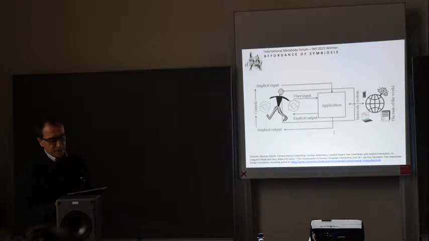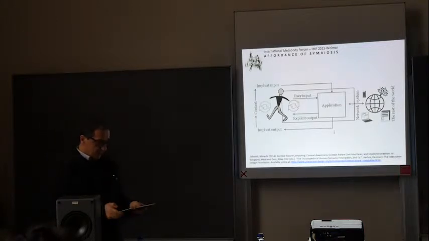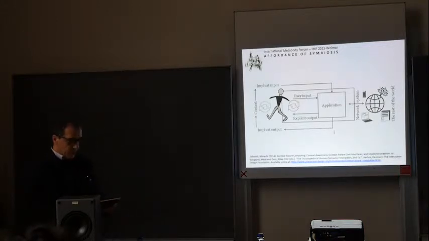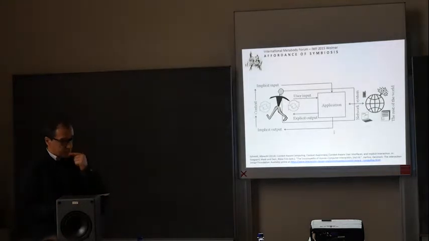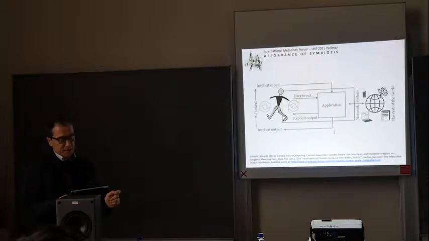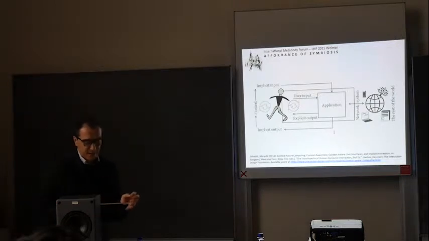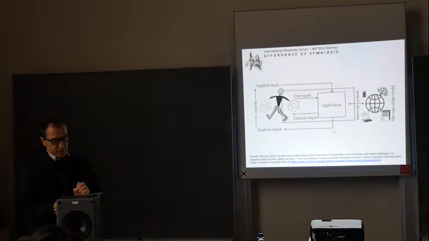Explicit and implicit interaction can be based on different modalities, including command line, graphical user interfaces, and interaction in the real world. The topic of this conference, Affordances of Symbiosis, was initiated by the long-existing question of Robert's about the meaning of movement in interaction. The movement itself has an artistic meaning in the context of contemporary dance. But when interactivity is involved, does it only gain meaning when we get the response?